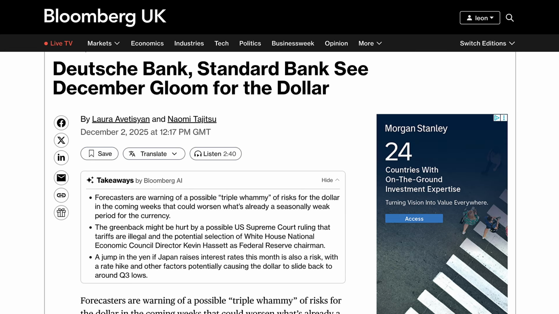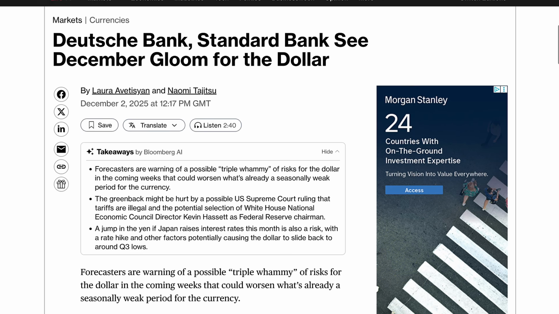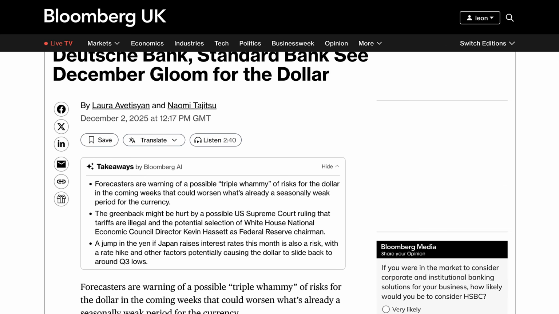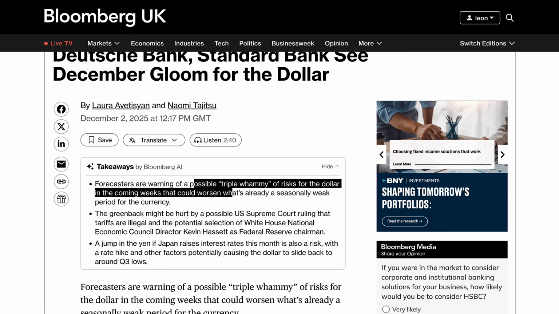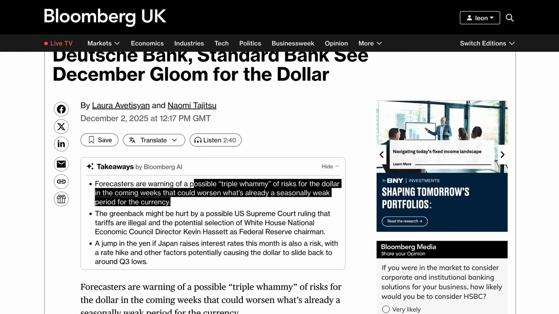Deutsche Bank and Standard Bank see December gloom for the dollar, and it says here forecasters warn of a possible triple whammy of risks for the dollar in the coming weeks that could worsen what's already a seasonally weak period for the currency. And talking about seasonality,